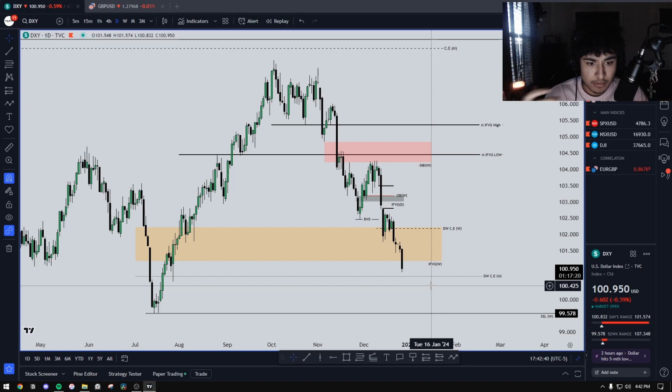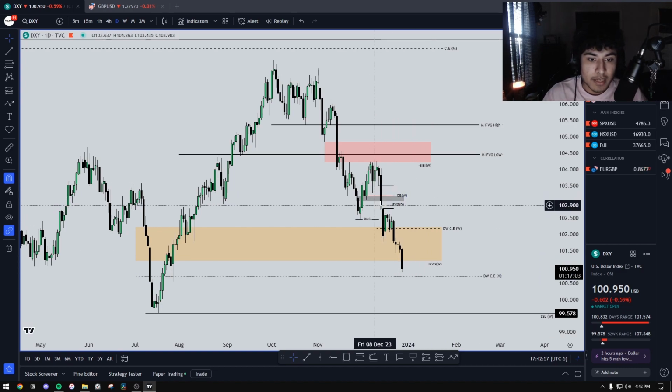There are multiple scenarios that can happen, since the market is more range bound inside the Dixie chart. I'm going to try to be as nimble and flexible as possible with my bias and my narrative, but usually my narrative is one-sided. Whenever it's like this, it's bearish. My narrative here is bearish.